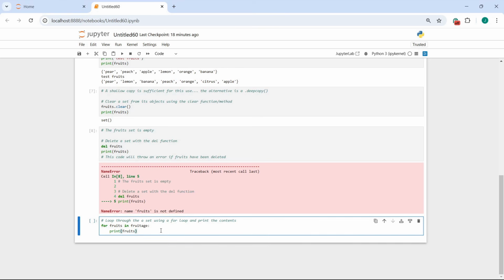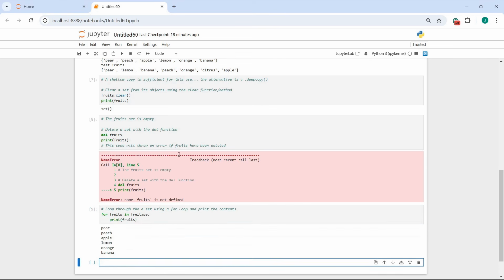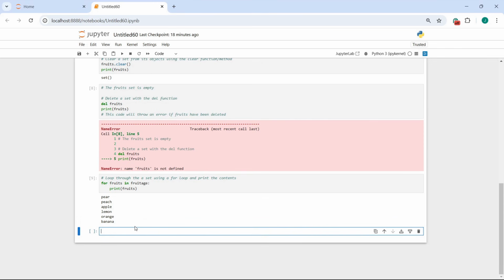And let's run this code. And here we can see that the set is iterable and that we can loop through its contents. And now we'll test some set math operations and show the current way to move an object inside a set into another set. So let's type